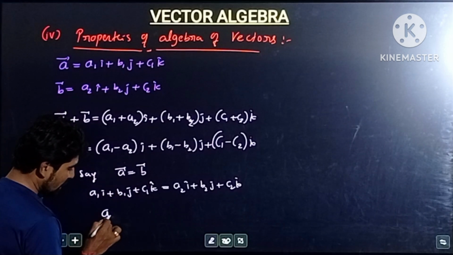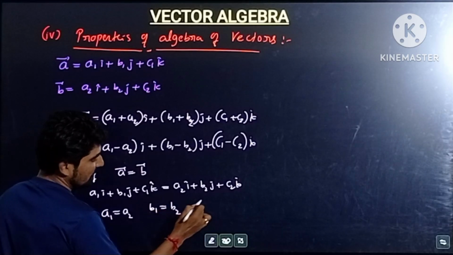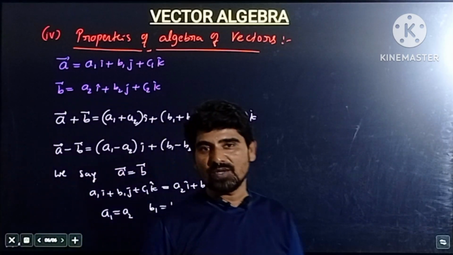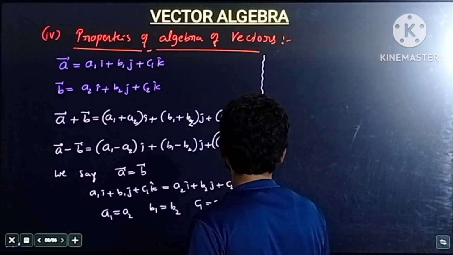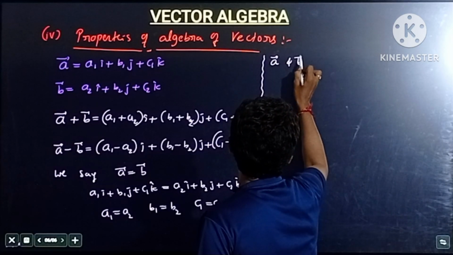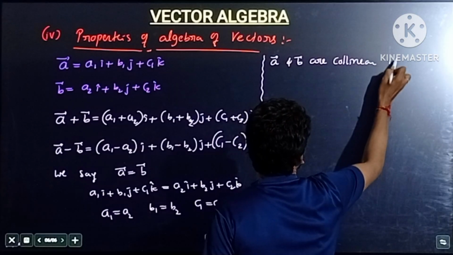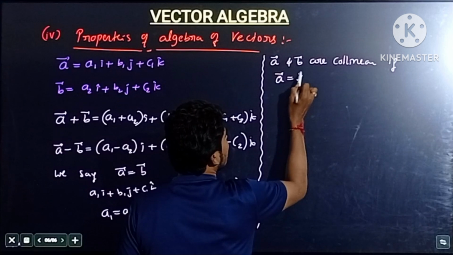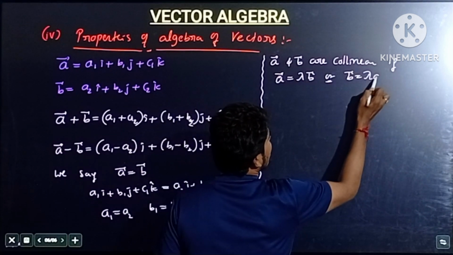It means A1 should be equal to A2, B1 should be equal to B2, C1 should be equal to C2. Then we say that the A vector is equal to B vector. And the fourth one is, A vector and B vector are collinear